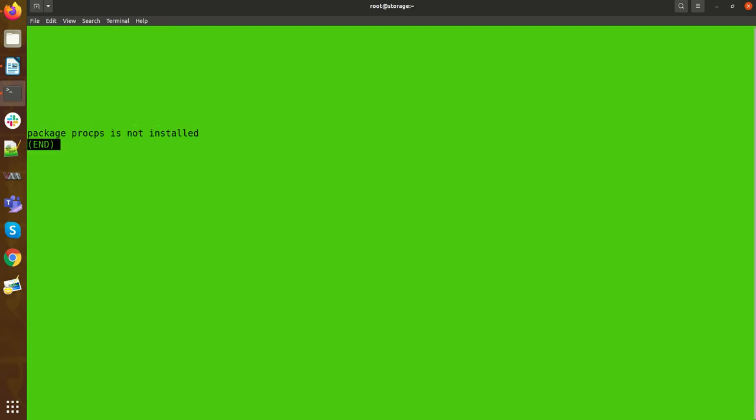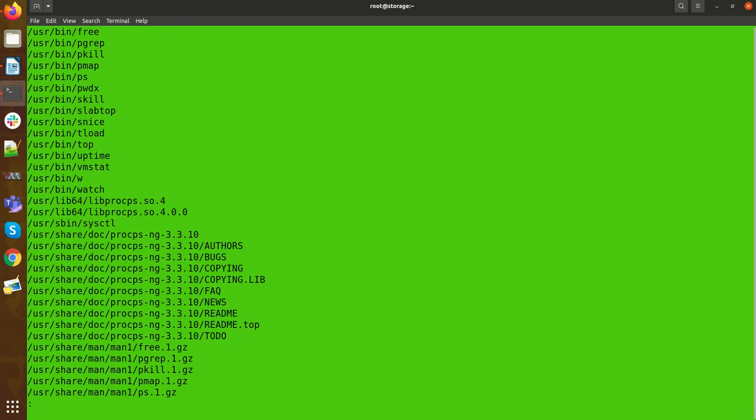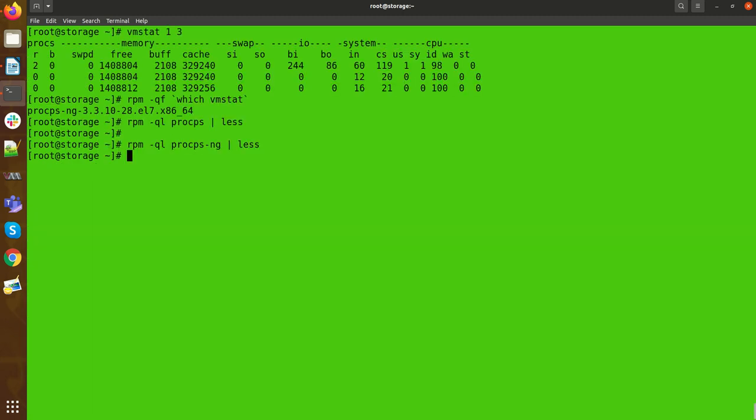From that RPM you get lots of commands like free, pgrep, pkill. So it must be installed on your system, even if you are using a minimal OS. The free command you get everywhere.